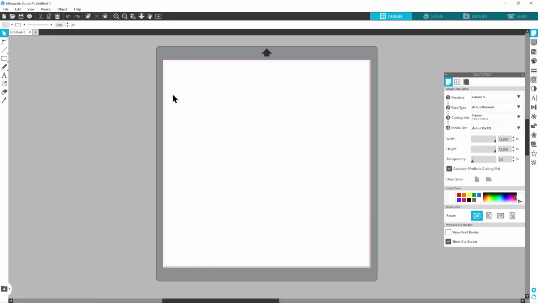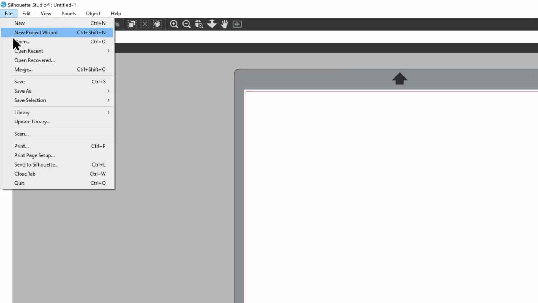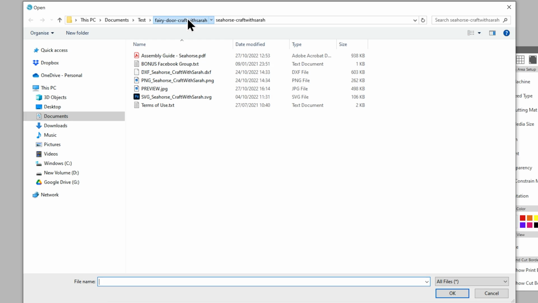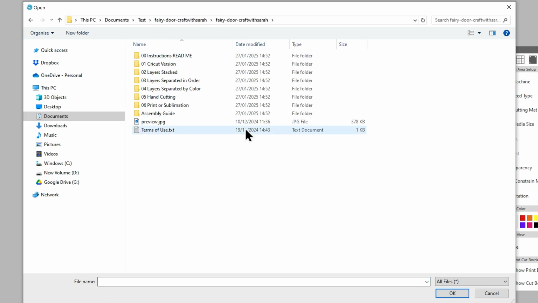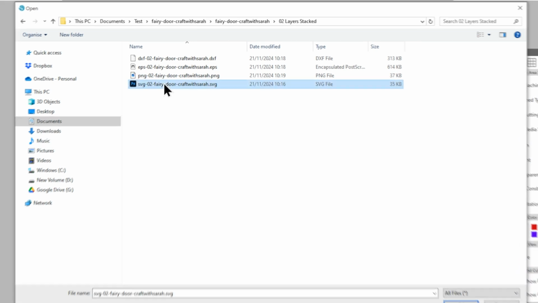I've now switched over to the free version of Silhouette Studio. Watch what happens now if I try to open an SVG file. So I'll do exactly the same thing. Go File and then Open. And then I'll use the fairy door example. Go into the 02 layer stacked. And now if I choose the SVG, which is the one that starts SVG in the file name,